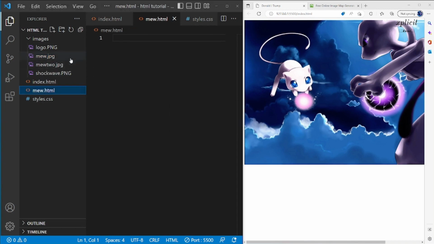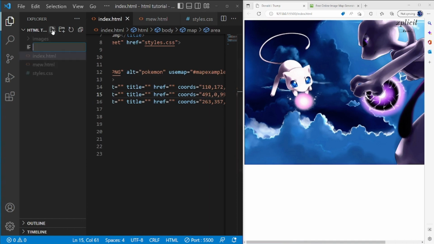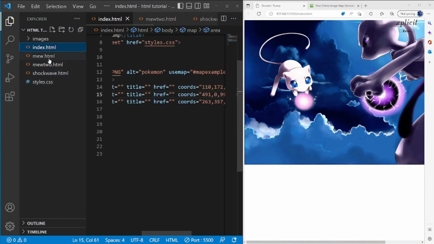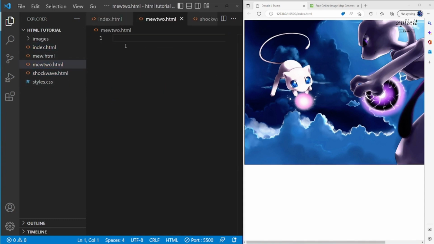Remove, yes, and you see mu2.html, and you see shockwave.html. So HTML,